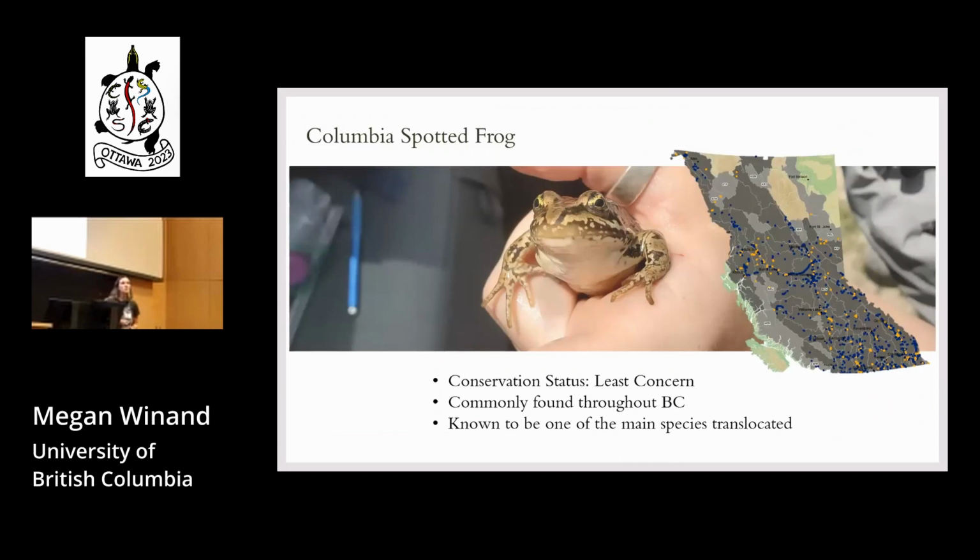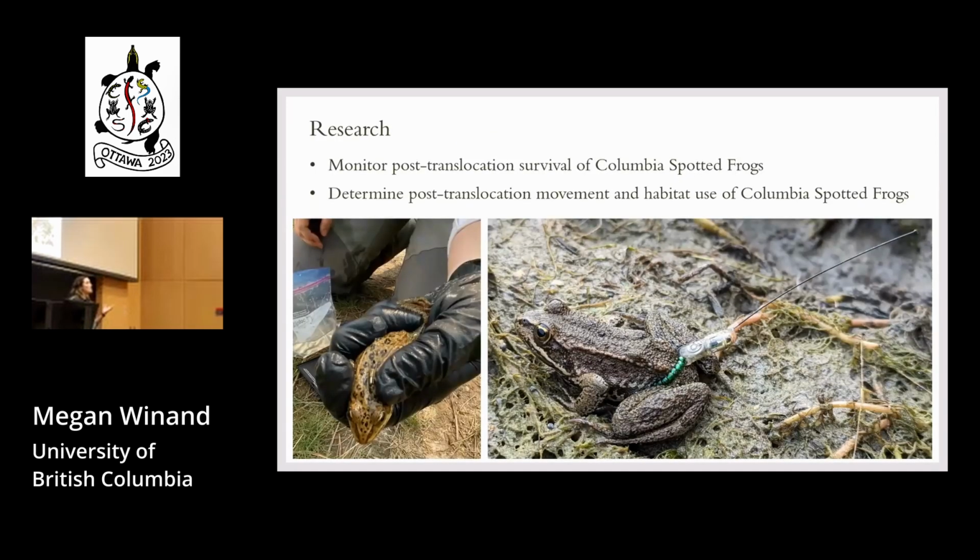The frog in question is the Columbia spotted frog. This is different than the rest of the herptiles we've seen here. It is a frog, first of all. And secondly, it is not at risk. It's found throughout most of BC, and a recent review that we did looking at the number of translocation projects in BC, I know it to be one of the main species that are often translocated as a result of these projects. So because we don't know a lot about the answer to this, we're starting very high level, which